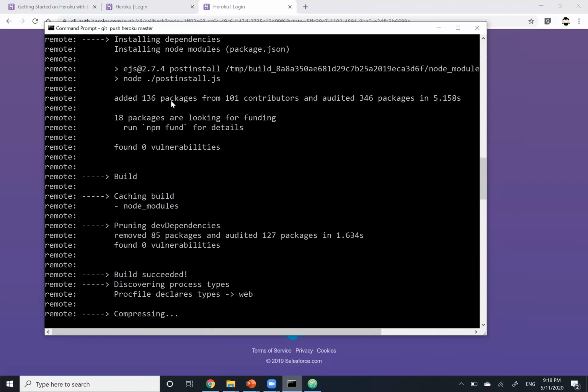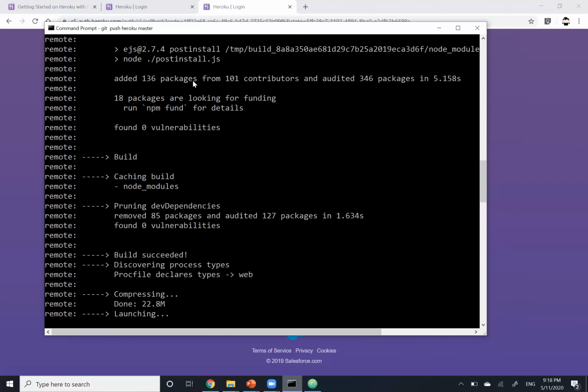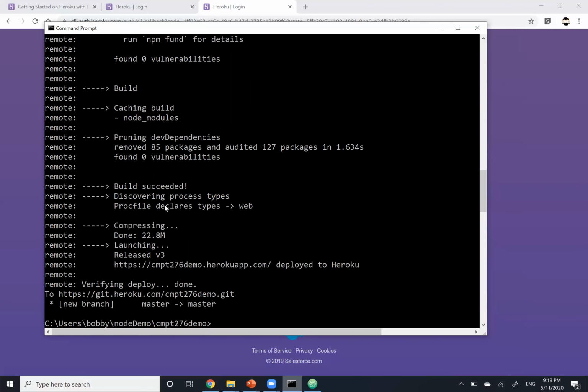Okay, so you can take a look at all the things that it's doing. You basically don't really need to know what's happening here, but right now we find that this application has been deployed. It is on the master branch, and this is the Git repository that we push to. Okay, so now if I wanted to take a look at the result of the application, then I can type in